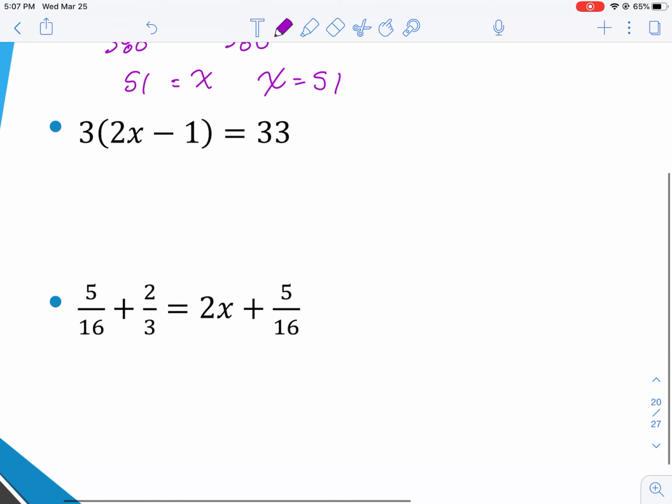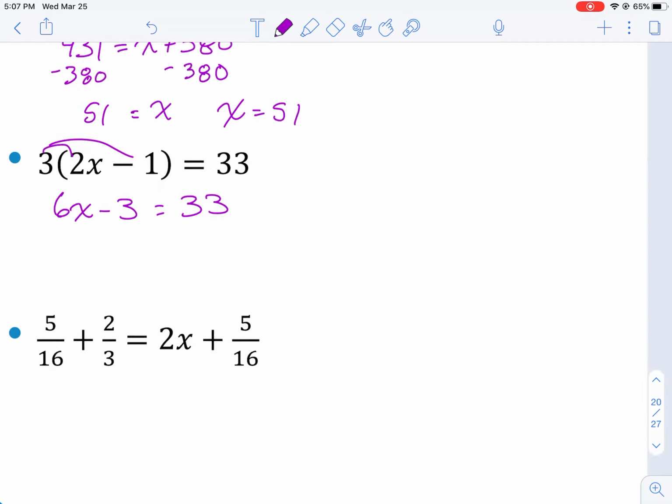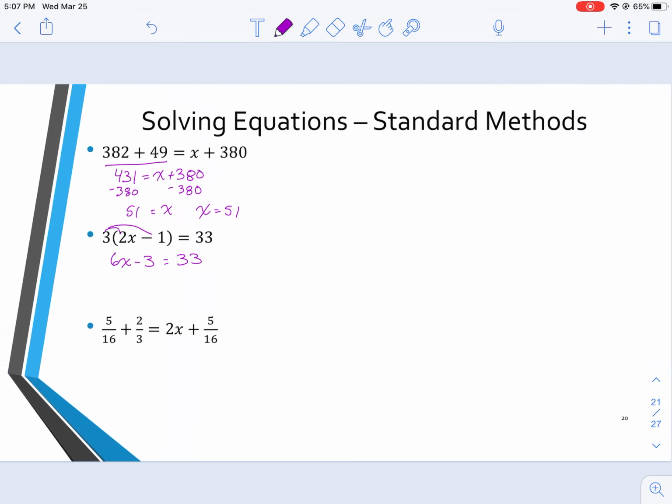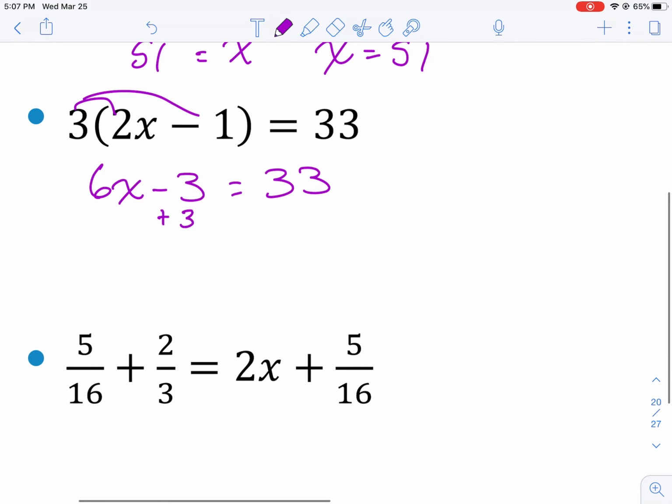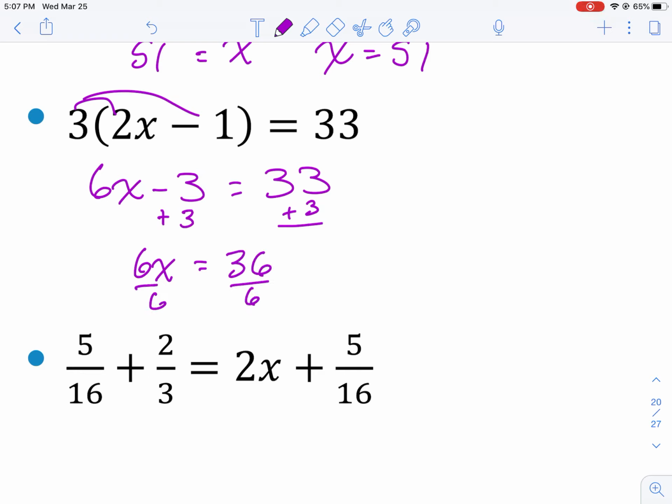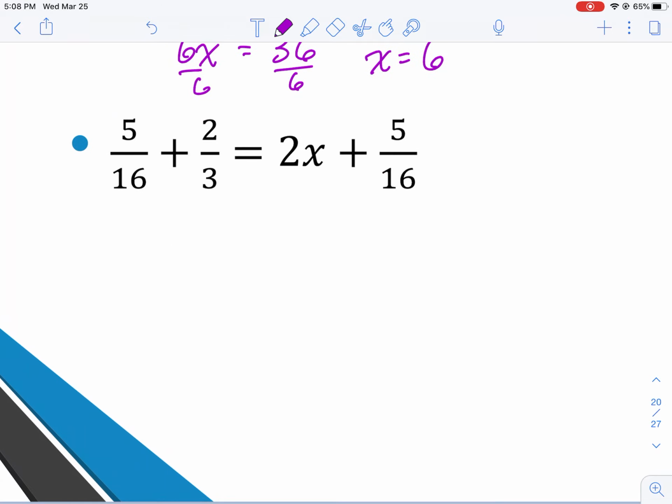Next one, first step, distributing. We like to distribute. That gives us 6x minus 3 equals 33. Then I can add 3 to both sides. And that gives me 6x equals 36. Divide both sides by 6, and we get x equals 6. And the last one here,